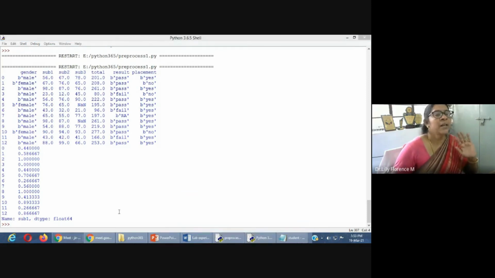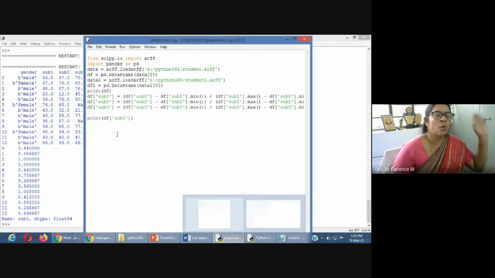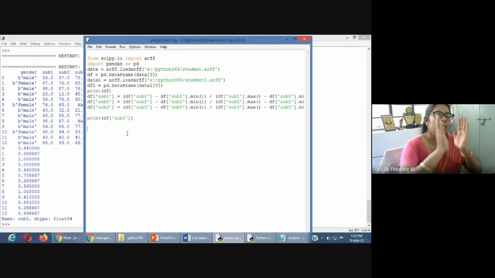Yes, everything is fine. Now we have completed all our transformations. Now this transformed data, that is the pre-processed data, has to be written into one file. That file can be used for our analysis purpose. At last we can use df.to_csv, where df is our data frame.